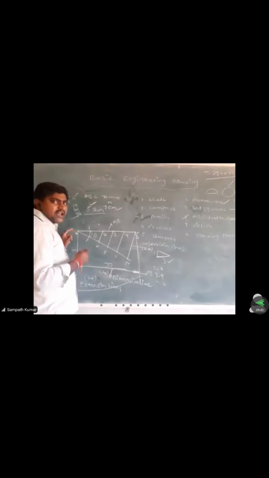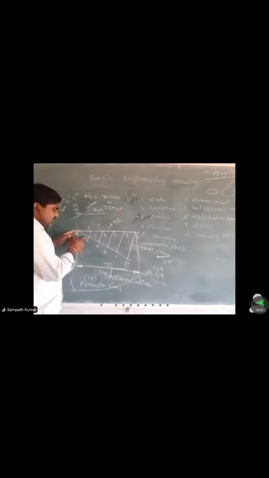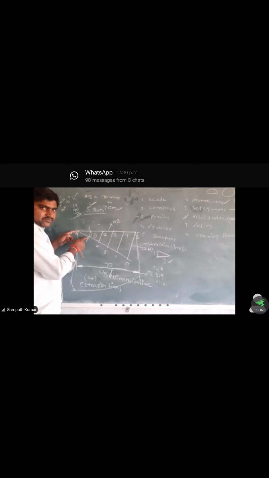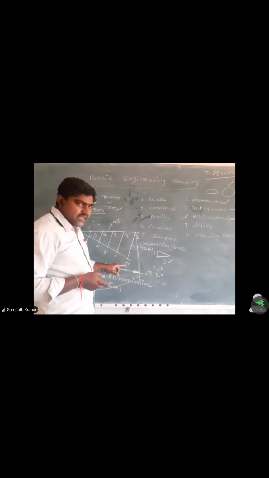To get the points on this line, we have to draw any inclined line at an angle of more than 10 degrees or 50 degrees, starting from point A. Draw the inclined line using a scale. Then take 2 centimeters or 1 centimeter on the compass and draw arcs on the inclined line, which gives the first point. Take this point as the center, with the same radius, and draw another arc to get the next point. Repeat with the same radius. We have to get 5 points on the inclined line.